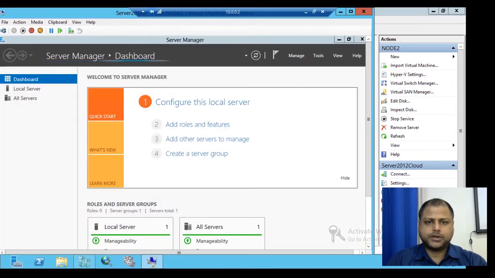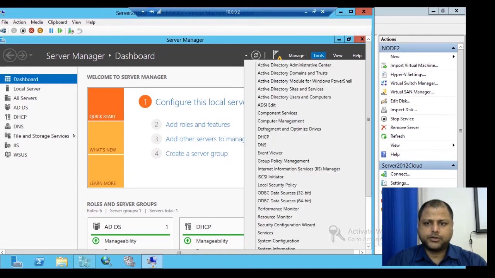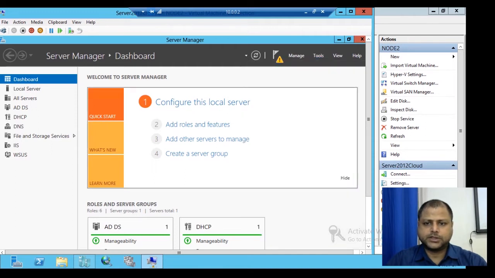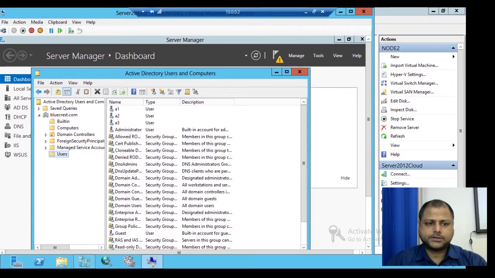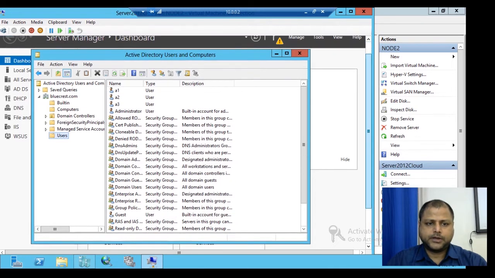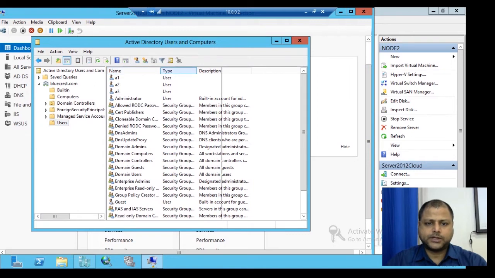You can see that the Server Manager is coming up. So now we'll come to the privilege of the group account. So we will go to the Server Manager. It is getting ready with the dashboard. Now you can see here it is coming with the tools. So we'll go to the tools, and here in the tools we'll open Active Directory Users and Computers. When we open it, it shows the domain name, bluecrest.com, and we have the groups under the Users tab, and we can see there are so many built-in groups already over here.